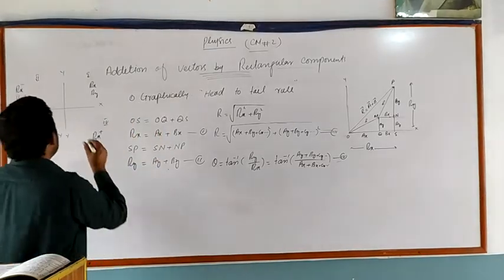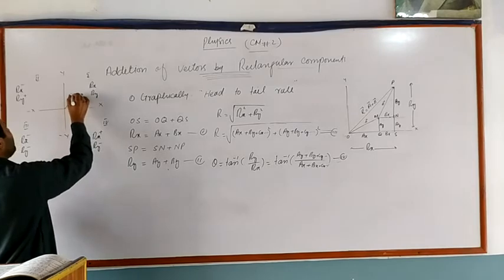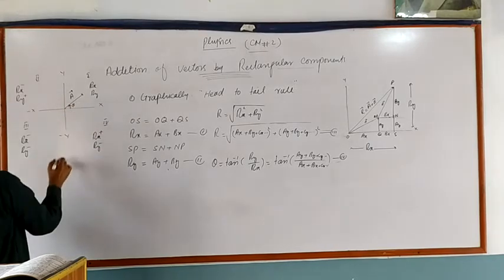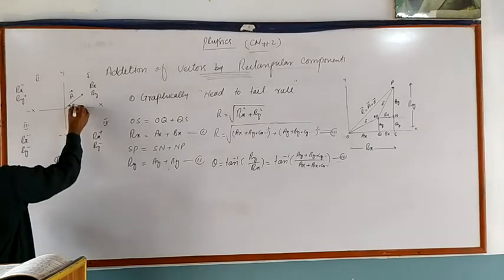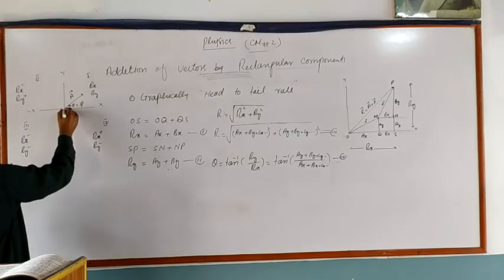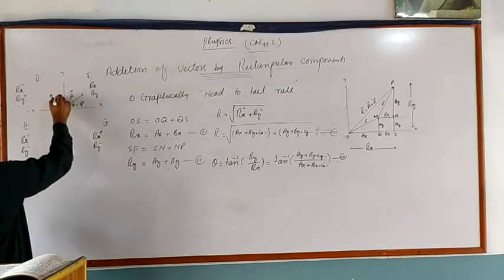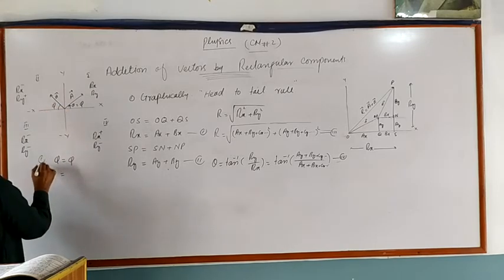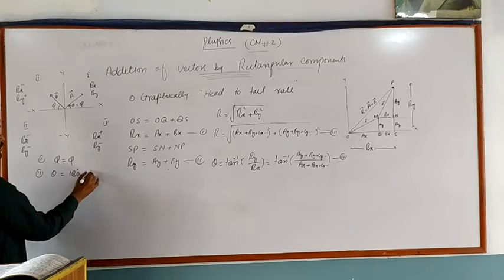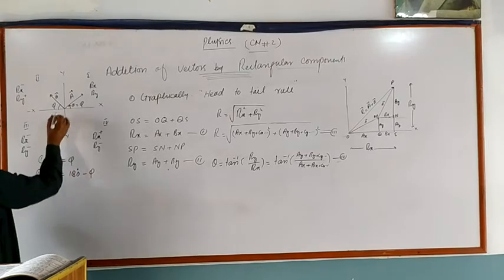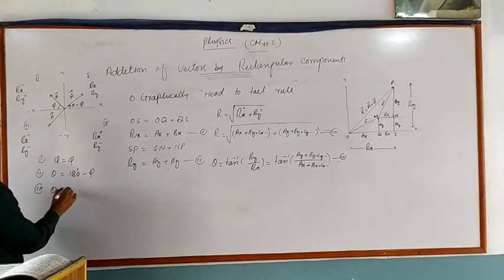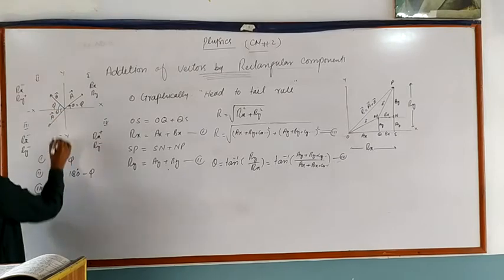Suppose vector R lies in the first plane, then its direction will be calculated by the formula theta is equal to phi. This is theta, also named phi. Suppose vector A lies in the second quadrant, its direction will be calculated by the formula theta is equal to 180 degree minus phi. Suppose vector A lies in the third quadrant, its direction, meaning theta, will be calculated by the formula theta is equal to